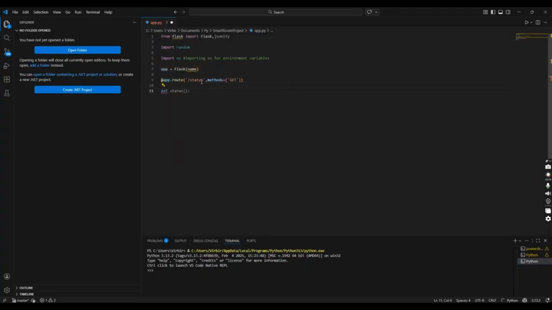And then define get underscore device status. Okay. So everything comes under this. So instead of the status equal to, let's say there is a home. So instead of the home,